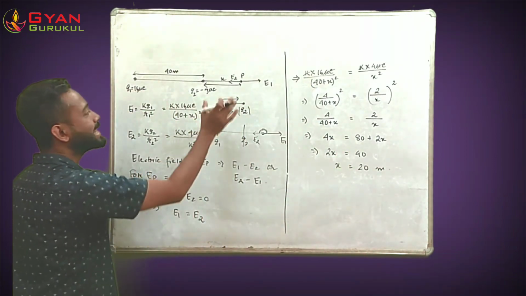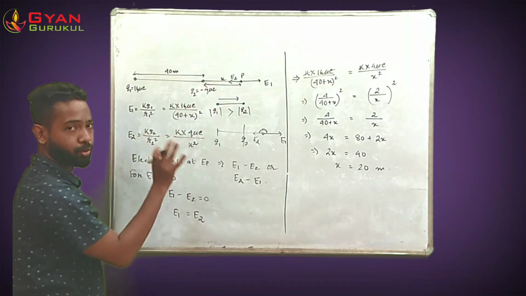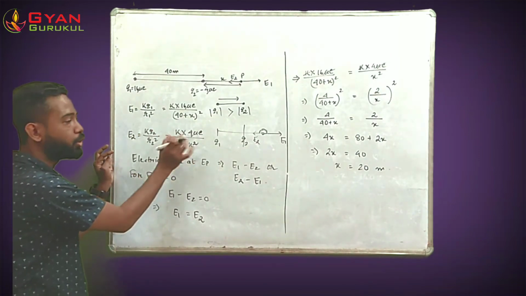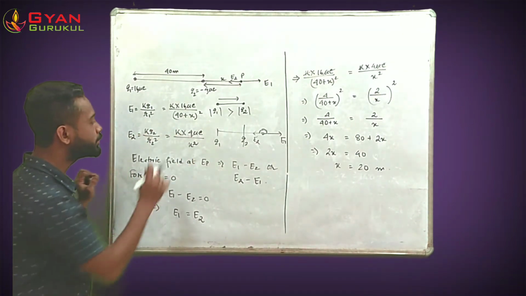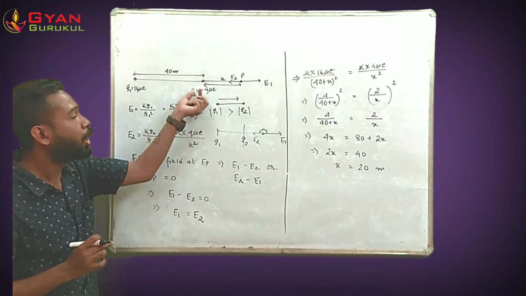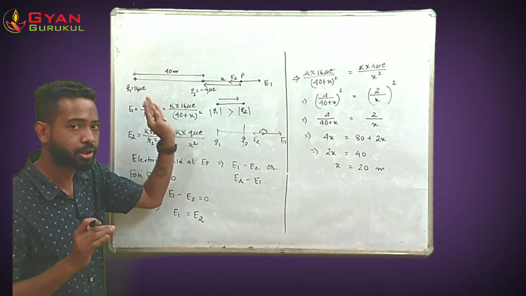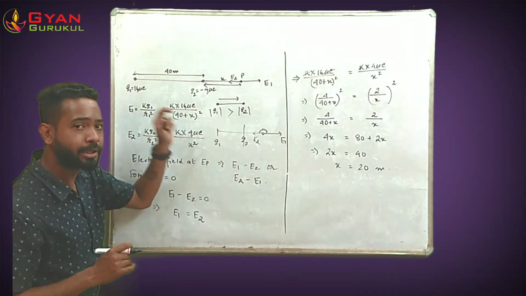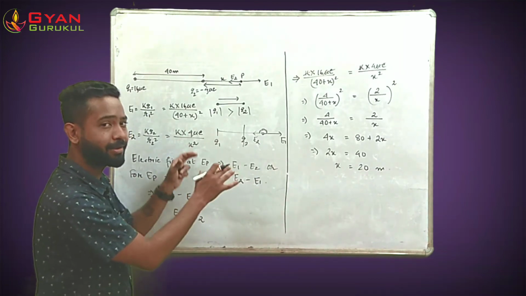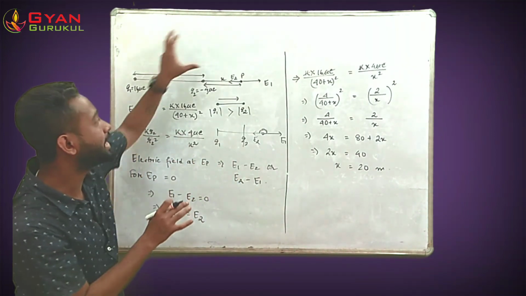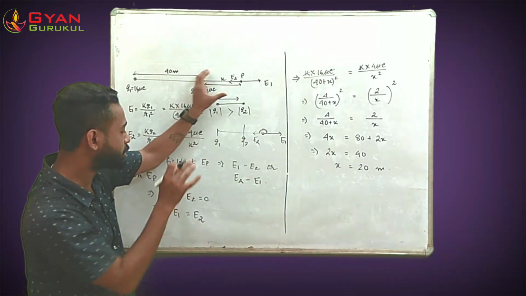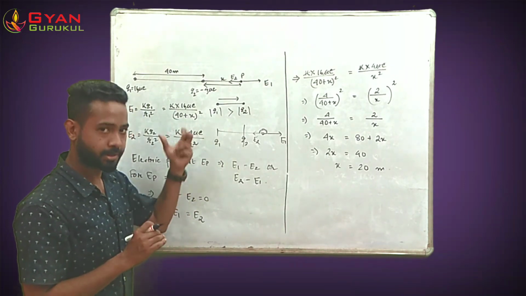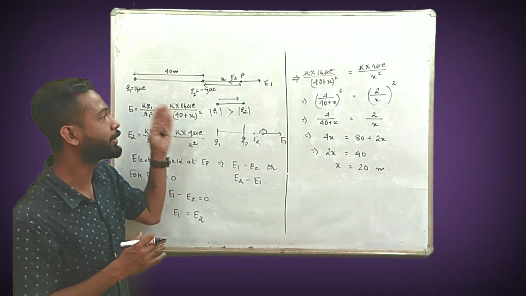So the point lies at a distance of 20 meters from the charge 4 microcoulomb, or you can also take it as minus 4 microcoulomb. Remember, once we solve the numerical, we don't need to use the minus sign here. Why don't you need to use it? Because the minus sign only plays a role in direction. It does not play a role in solving a sum magnitudinally. So it's very important to understand that when you are dealing with a vector sum or a numerical considering vector assumptions, directions are to be given in the figure. According to the directions, we'll take out the resultant and we'll proceed with the sum magnitudinally. That is the best way to do a sum based on vector assumptions. So this is how you need to tackle this kind of sum.